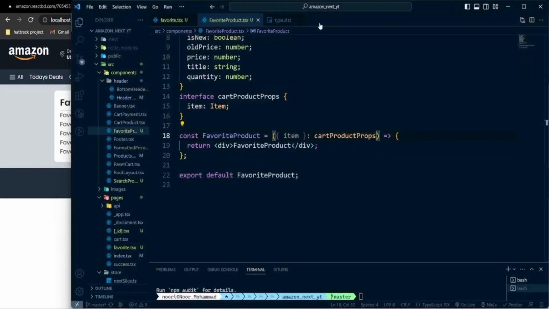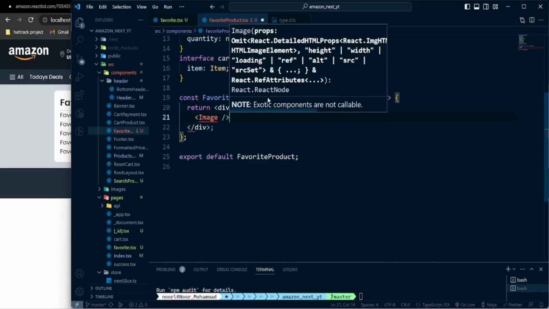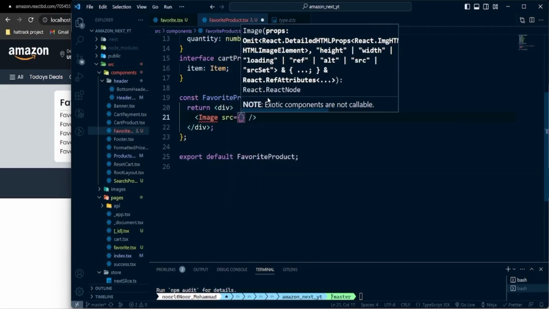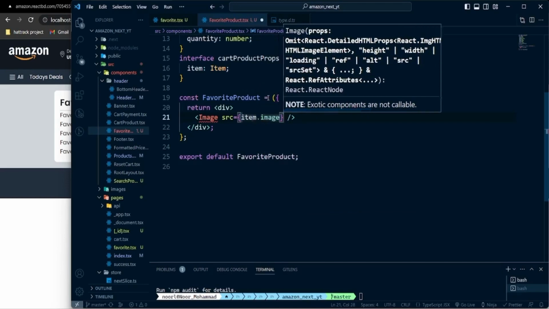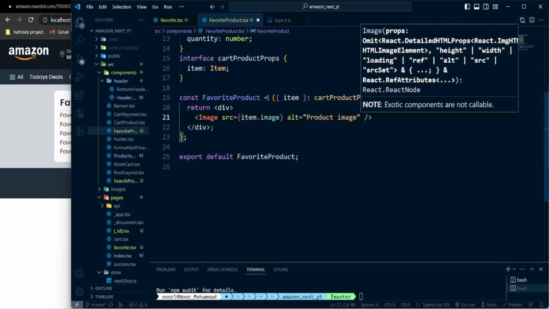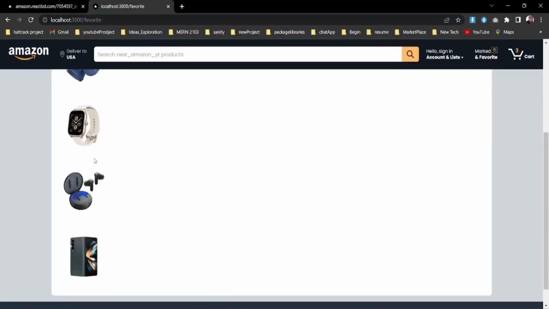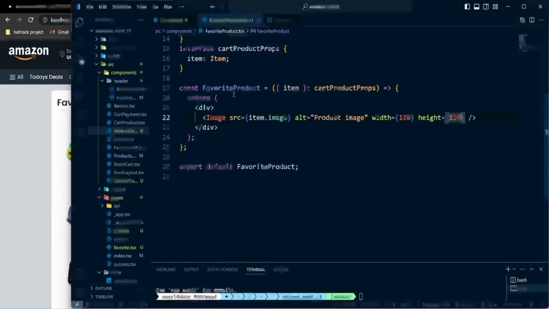so in that way you can create it. So first of all, let's go to our div, and in that div, what I'm gonna do, I'm gonna take one image. Now here we can actually use that next image portion, and the source, it will be item dot image. And now what I'm gonna do, just give it alt, it will be product image, and also give a width of 150, and then height of 150. Let's see. Now you can see, we can see the product is available,